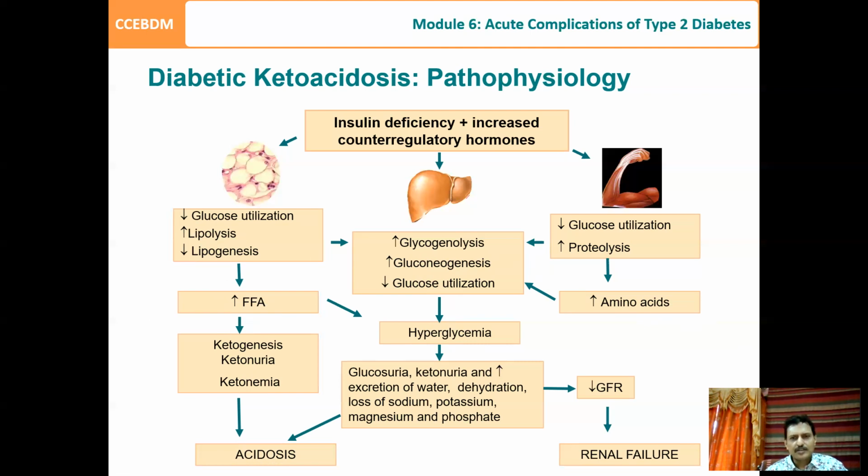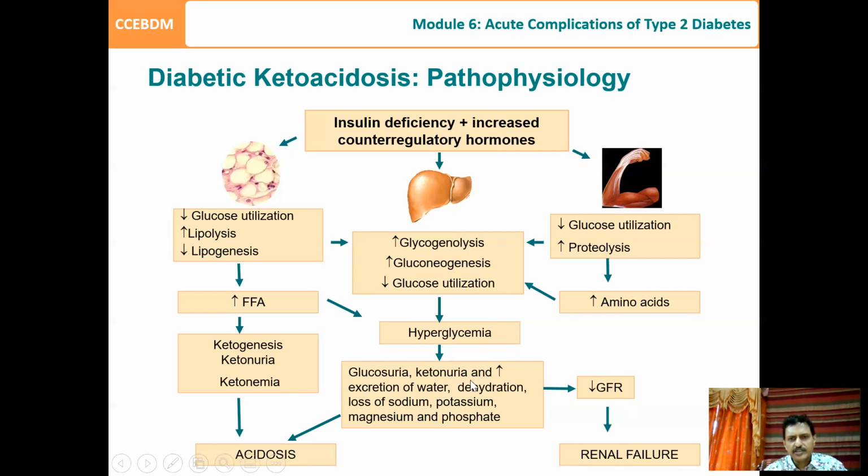So what will happen? Number one, there will be severe hyperglycemia because of glycogenolysis, gluconeogenesis, and because of the reduced glucose utilization. Why? Because there is no insulin. So because there is no insulin, no glucose utilization. So there will be severe hyperglycemia. Second, there will be loss of water and glucose because there is a glycosuria. So because there is a glycosuria, the water along with the glucose will come out into the urine, and